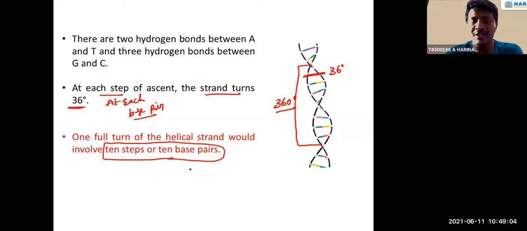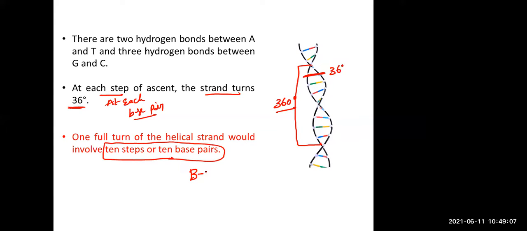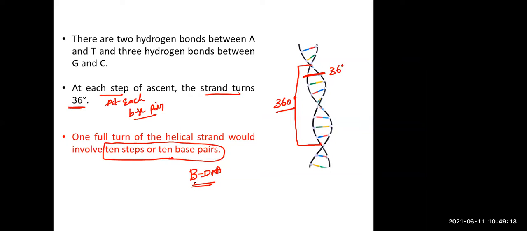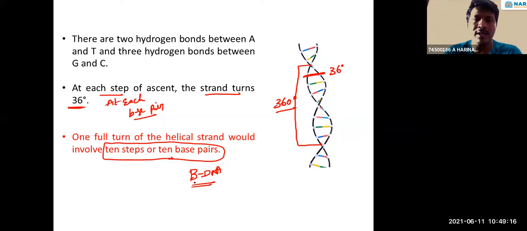That is a characteristic of which DNA? B-DNA. The B-DNA structure was explained by Watson and Crick. They got the Nobel Prize. These are their most important contributions. Without this discovery, it would not be possible to discover what the DNA structure or the RNA structure is, or to discover the vaccines, the anti-cancer drugs, and retroviral drugs. So Watson and Crick made a major contribution in biology. In the higher classes, we will discuss the wonders created by Watson and Crick.